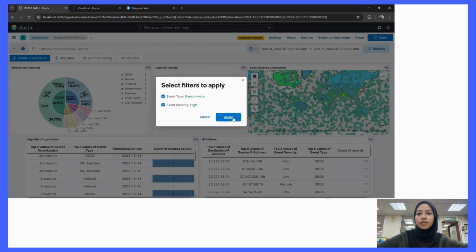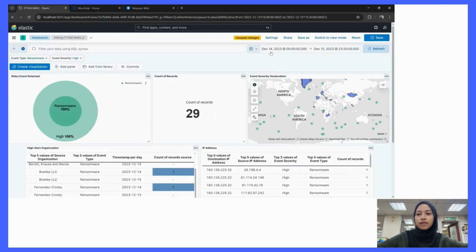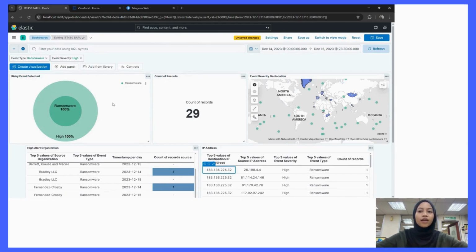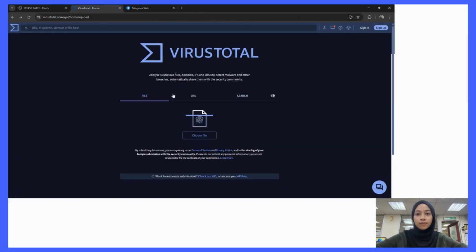I traced the IP address 183.136.225.32, which appeared multiple times in the logs. This IP was consistently involved in ransomware-related activity. The method used in these events was classified as ransomware, indicating that the attacker likely attempted to encrypt or disrupt files within the network. To validate the risky events detected in Kibana, I used VirusTotal to investigate the IP addresses